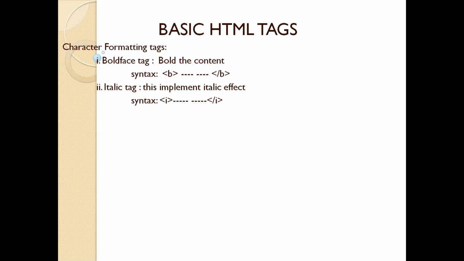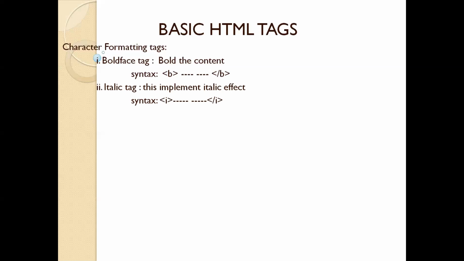These tags are very easy to remember. We have already talked about heading tags. There are 6 heading tags. When we say heading, it will start with H. So H1, H2, H3, H4, H5, H6. When I say 6 tags, the numbering will be 1 to 6. So it is very easy to remember.